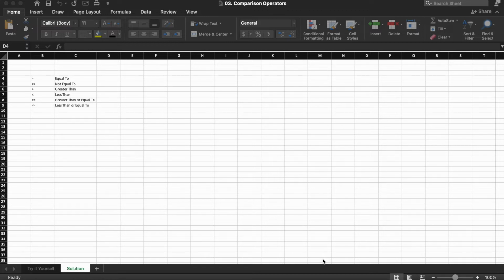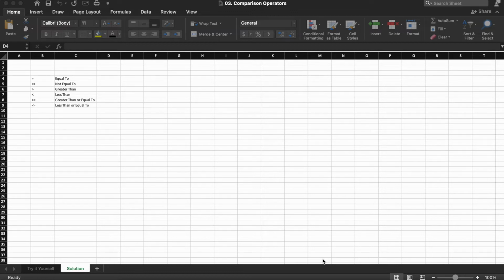Let's get to it. The 6 comparison operators we will review are equal, not equal, greater than, less than, greater than or equal to, and less than or equal to. All 6 can be used to compare numbers or dates, and the first 2, equal and not equal, can be used on numbers, dates, and text. Comparison operators in Excel will always return a Boolean value, which is just a fancy way of saying the value returned is true or false. For our examples, we will evaluate all comparisons to true, but we'll also show you how you can change the statement to evaluate to false.